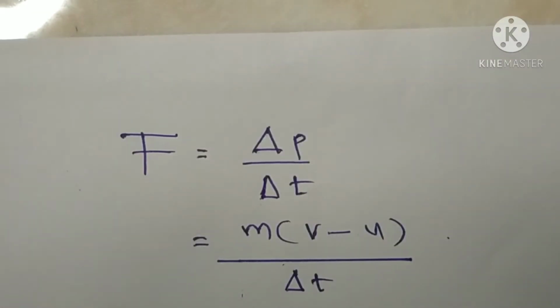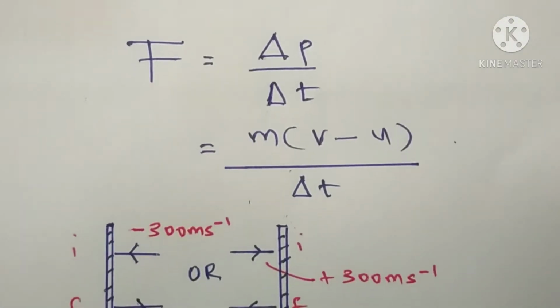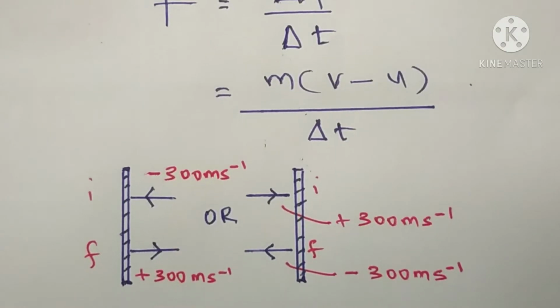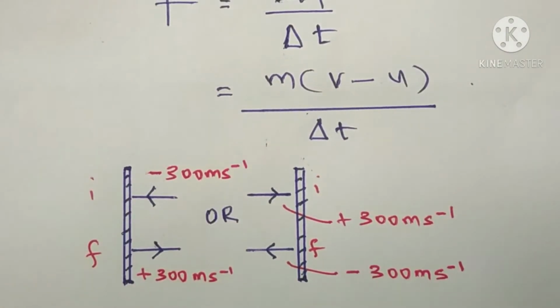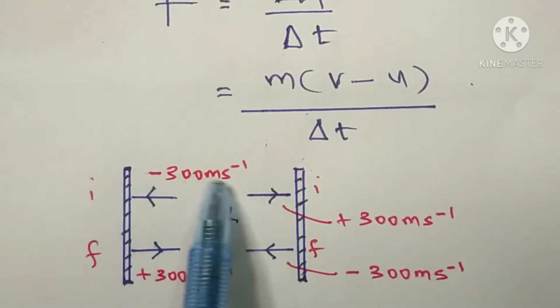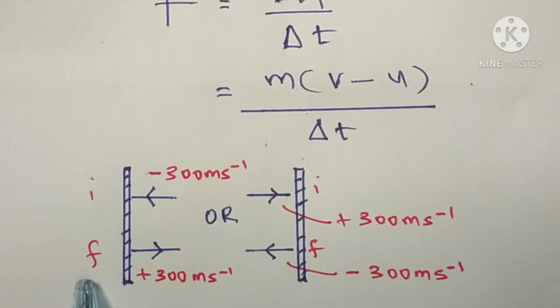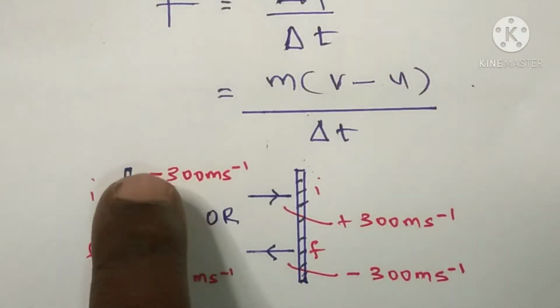For step 1, we're going to find the force exerted on the wall, which is equal to the rate of change of momentum. The question is without a figure, so we don't know whether the wall is on your right hand side or on your left hand side. If the wall is on your left hand side, the initial speed is going to be negative 300 meter per second because it is moving towards left, and the final speed is positive 300 meter per second